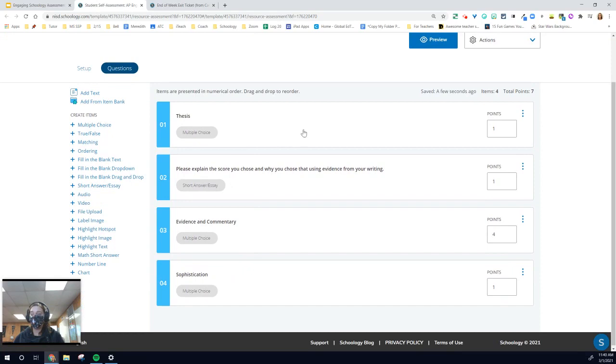And again, it would be very beneficial if after we wrote the thesis, I have students analyze their thesis and explain their score so that they're giving that feedback and we can have a conversation while they're in the process and not just at the end when it comes time for the